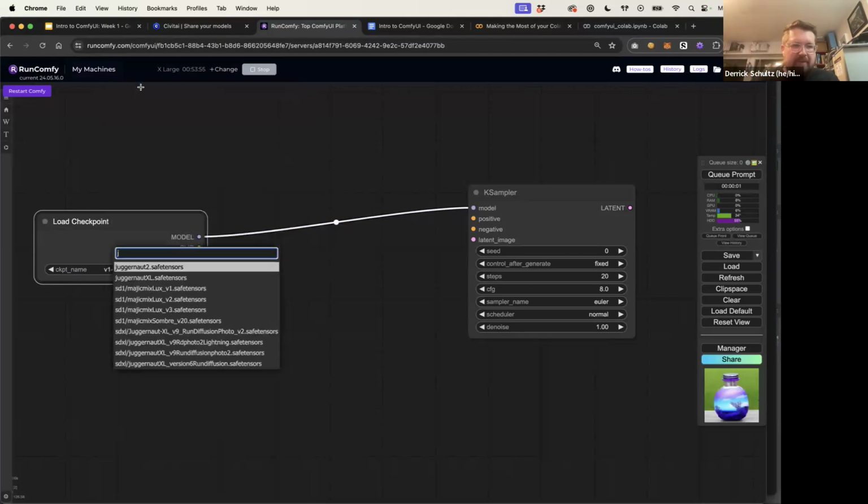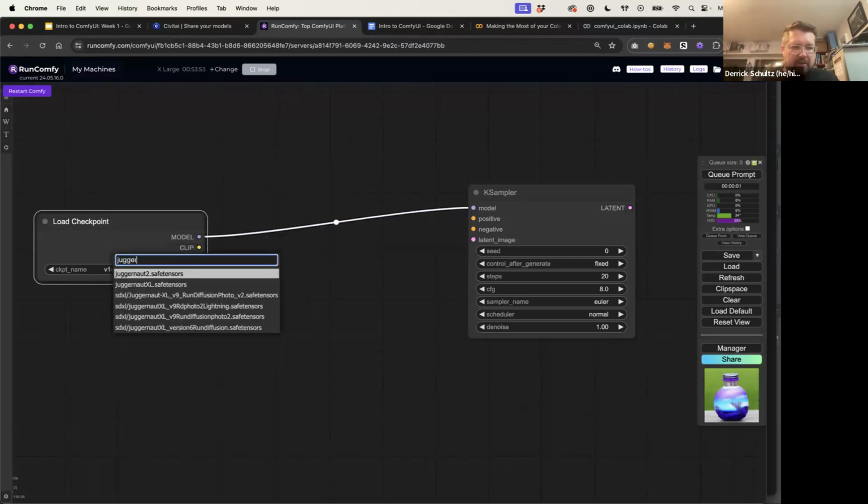So I go to RunComfy and I look for Juggernaut. There's also a filtering system up here, so you could just type in Juggernaut. I can see that there's a bunch of SDXL versions, and then there's probably a version that I uploaded, which is just the SD 1.5 version. So if you wanted a Juggernaut as an SD 1.5, you could either download it, upload it yourself, that sort of thing.